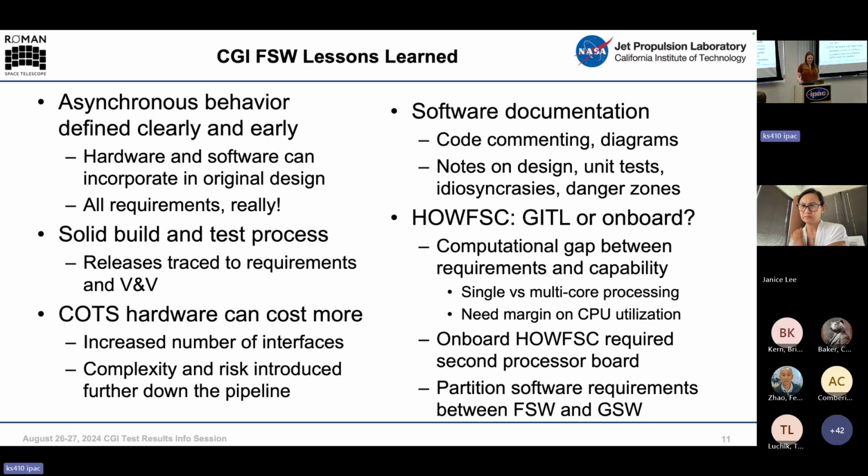You can't communicate with it anymore. So pretty much you can start by just having all of your software requirements defined and then partitioning them between the flight and the ground. Decide what needs to be in flight and what you can get away with putting on a ground in the loop